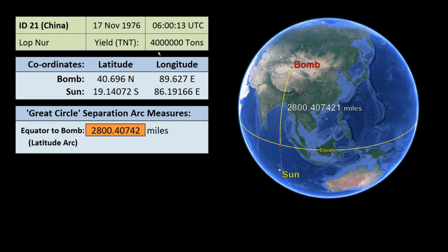This is 4 megatons, and this was done at their site at Lop Nur here. This is the highest yield Chinese test ever conducted. So the bomb positioned here, you can see in China, was at these coordinates. That's where their test site is. Precisely though at these coordinates at that time. And at that time the sun was precisely at these coordinates. Now you can see I've put the sun here on the actual image. That's where it was, but I'm not really concerned about the sun here,